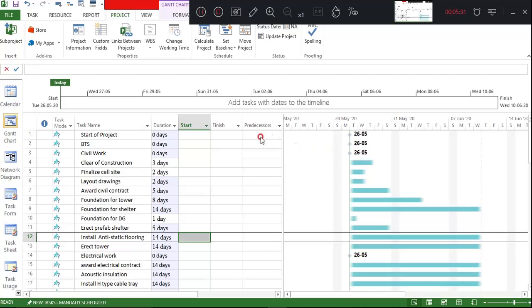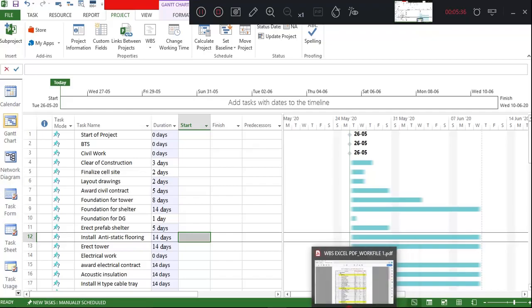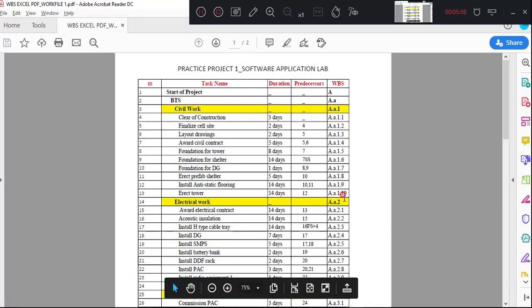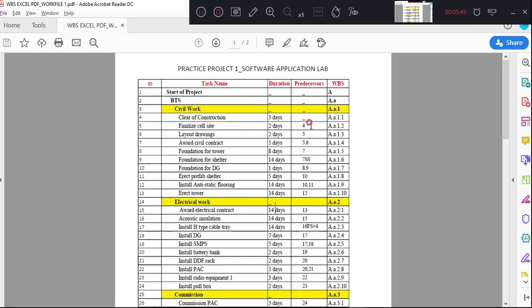Now we'll give the predecessors. Just a small revision on how to understand the predecessor. For finalization of the cell site, it is given as the number 4. So 4 means it is going to follow 4 here. This 4 is nothing but your activity ID number, so it will be following the fourth one. Now layout drawings is going to follow finalization of the site.